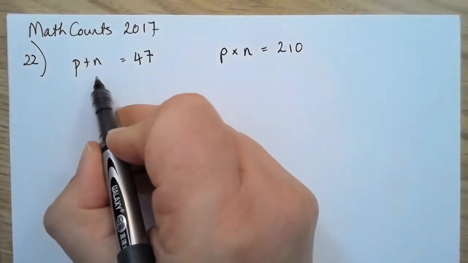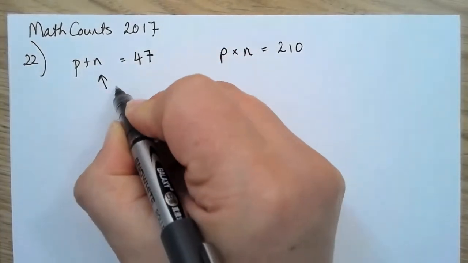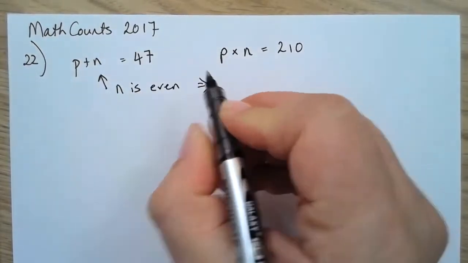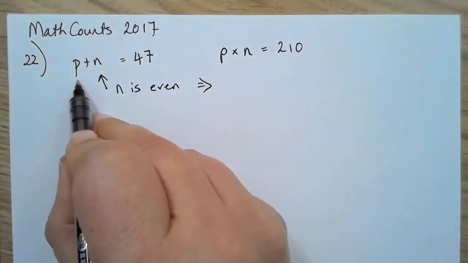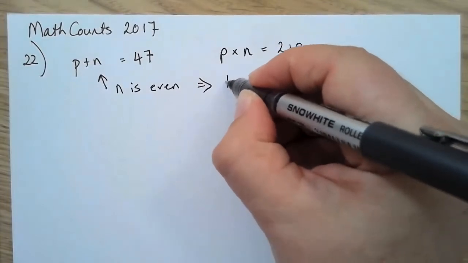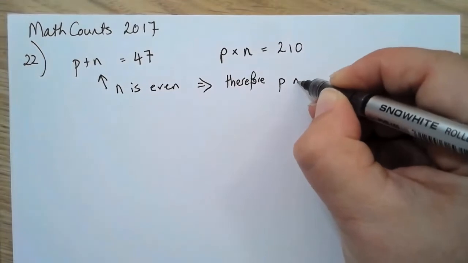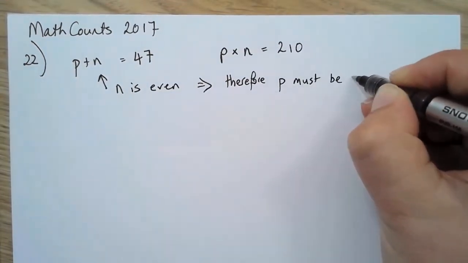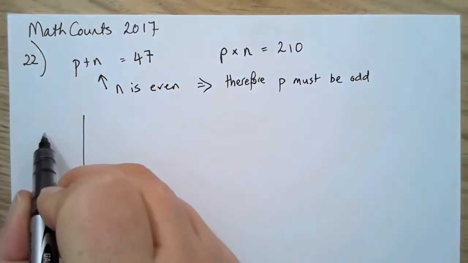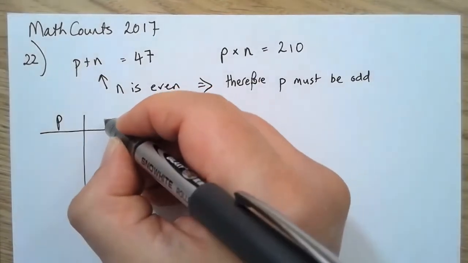We know that N is even. We're told that in the question. Therefore, P has to be odd, because if this is even, this is an odd number, P has to be odd. P must be odd. So what I'm going to do is think, well, okay, if I've got P and I know that